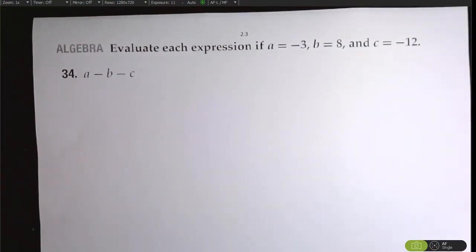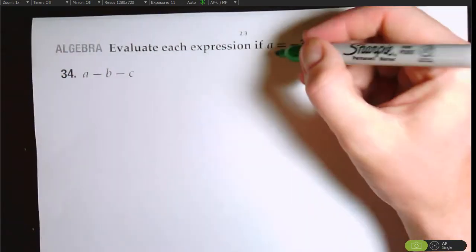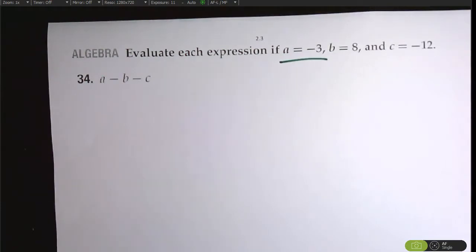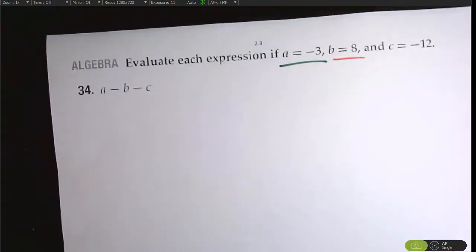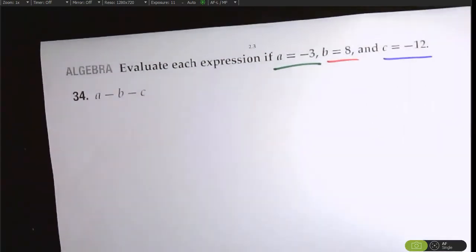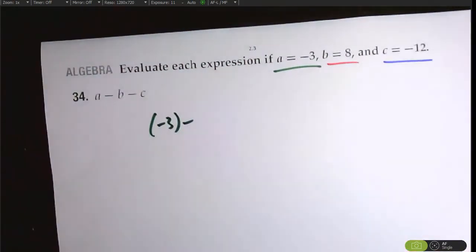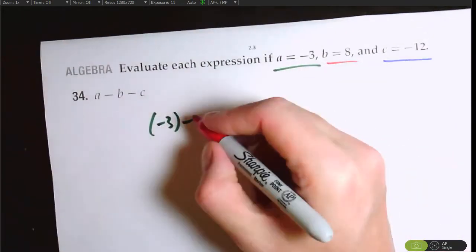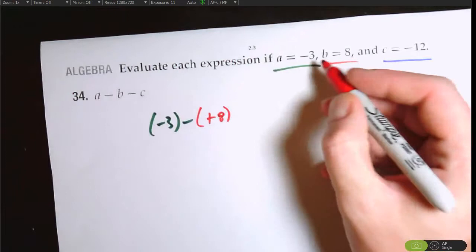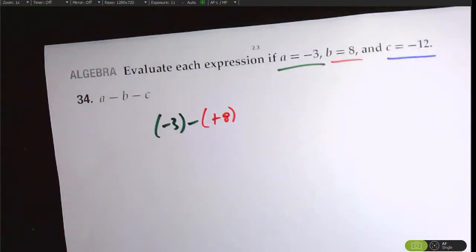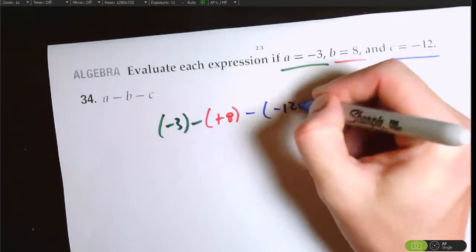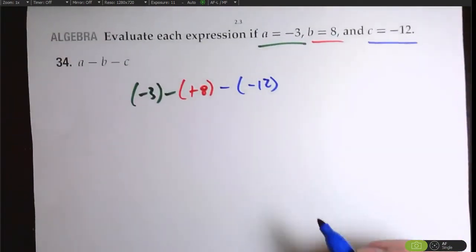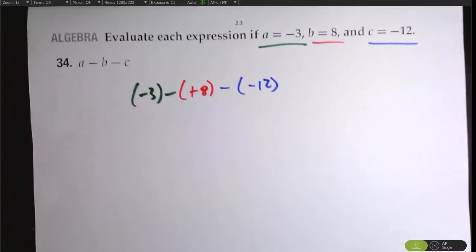Number 34. Well, this one we need multiple colors for. Let's do red, green, and blue. Green will be 3. Red will be 8. And negative 12 will be blue. So it says A minus B minus C. So A is negative 3 minus positive 8. So we've got to put this as plus 8 because that's what B is, positive 8. Minus negative 12. So now if we write this out in our kind of formal sense, it's negative 3